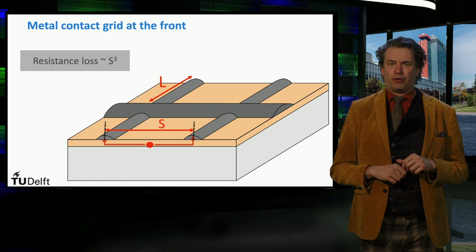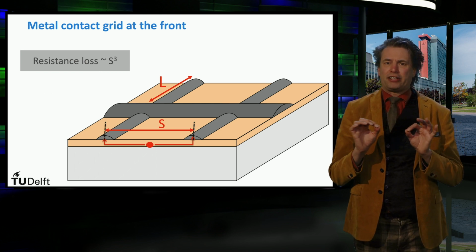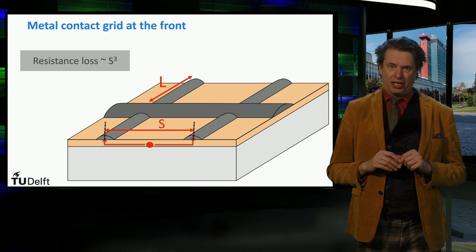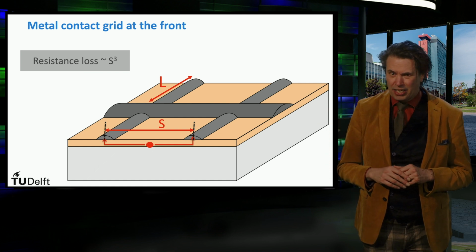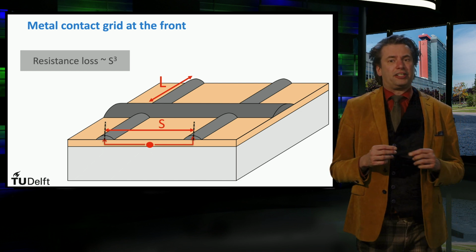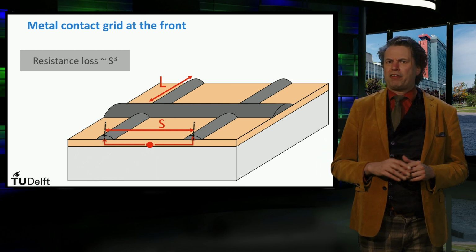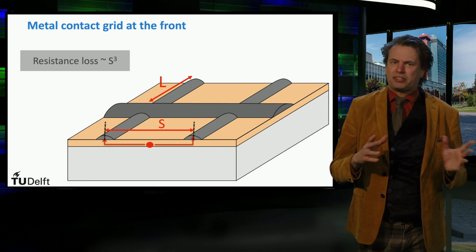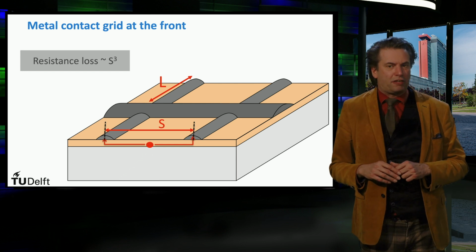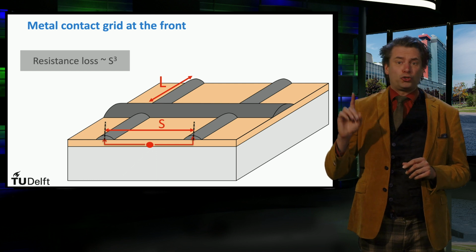In this figure, we see that the electrons in the emitter have to travel in the lateral direction to arrive at the contact. Since the n-type silicon has a higher resistivity than the metal, the charge carriers in the emitter layer also experience a resistance. In one of the exercises this week, it is demonstrated that the power loss due to resistivity of the emitter layer scales with the finger spacing to the power 3.